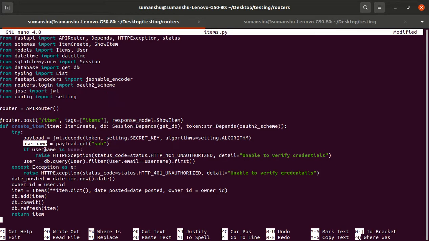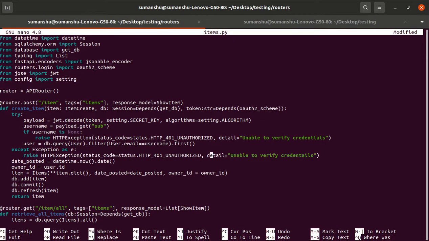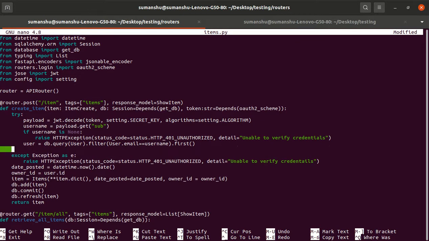If username is not None, let's suppose the user doesn't exist, so let's put one more condition here. Suppose someone has entered a different email into the token, passed some fishy token that contains some email. The email exists, but that email doesn't exist in our database, so the user will be None.